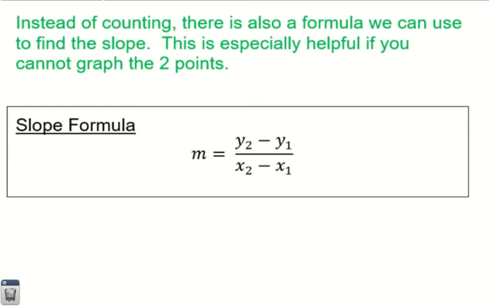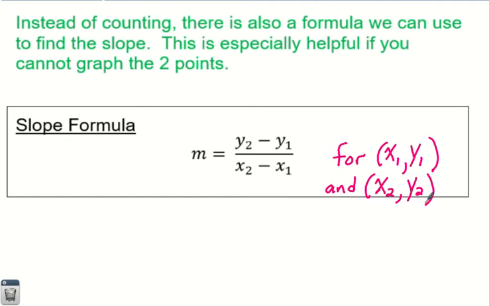And yes, this formula is what you use when what you are given is x1, comma, y1, and x2, comma, y2. So if what you are given is 2 points, or what you know is 2 points,